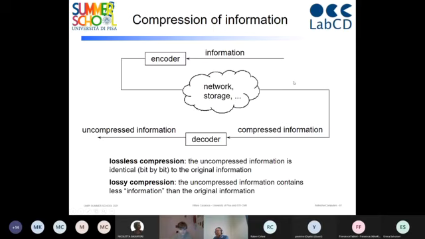Because you may ask, but how can I do the magic of compressing without losing information? The main algorithm here is that there are two of them. One is the Huffman coding, and the other one is the zip, or the RAR that you have seen. And the two of them are based on two different ideas. The idea of Huffman is based on coding the most frequent symbol with fewer bits than the less frequent symbols,